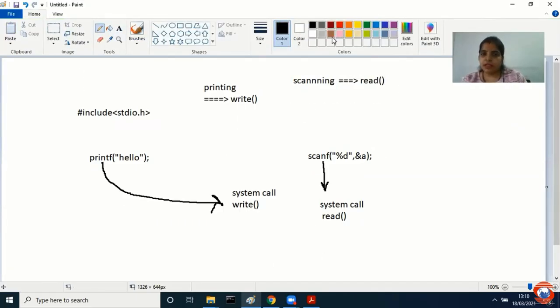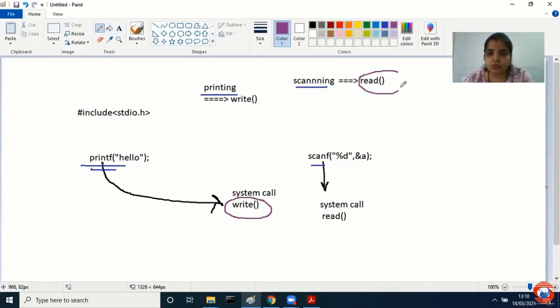Internally, you know only the functions print, printf, scan, scanf, and so on. But internally, your operating system gives a call to the write system call and the read system call.